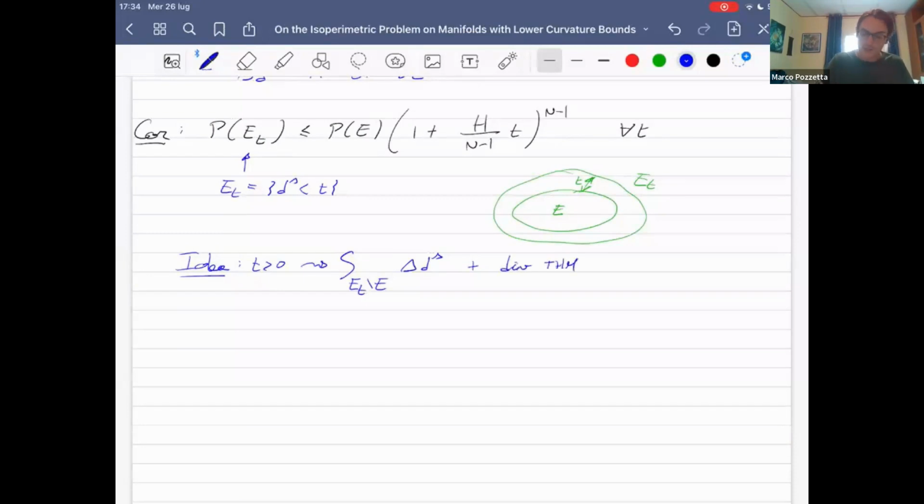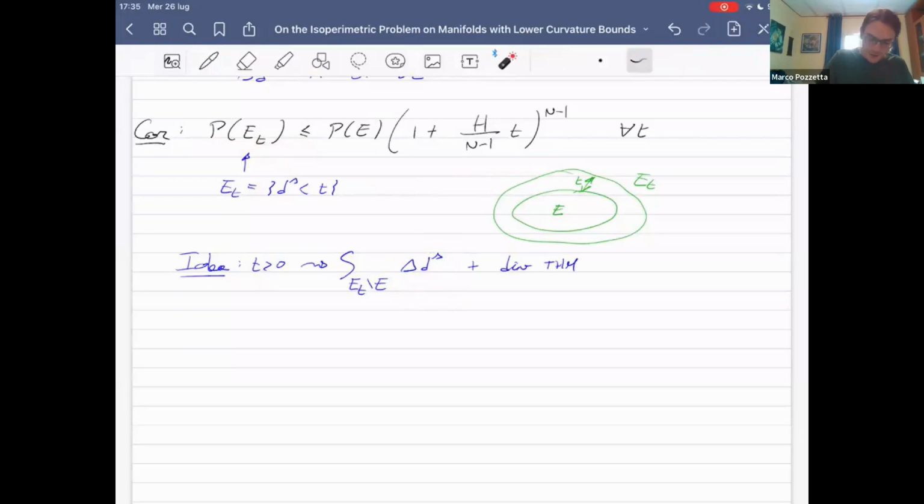And when you use the divergence theorem, you will exactly get the difference of the perimeters, perimeter of Et minus perimeter of E on one side, and on the other side, use the inequality that you proved in the previous proposition on the Laplacian of the distance. Okay, right. So this is basically the proof. And now we are almost done. You can forget about the previous proposition. We will just need this corollary to actually prove